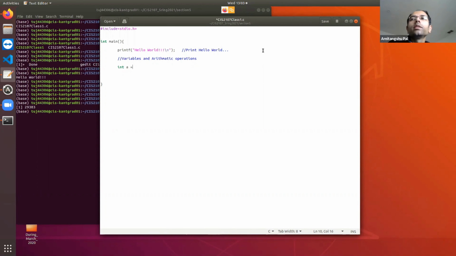Let's start with integer, floating point, etc. So int a is, say, 10. That means it is initializing a to 10. Now let's say float f equal to 5. It is initializing f.